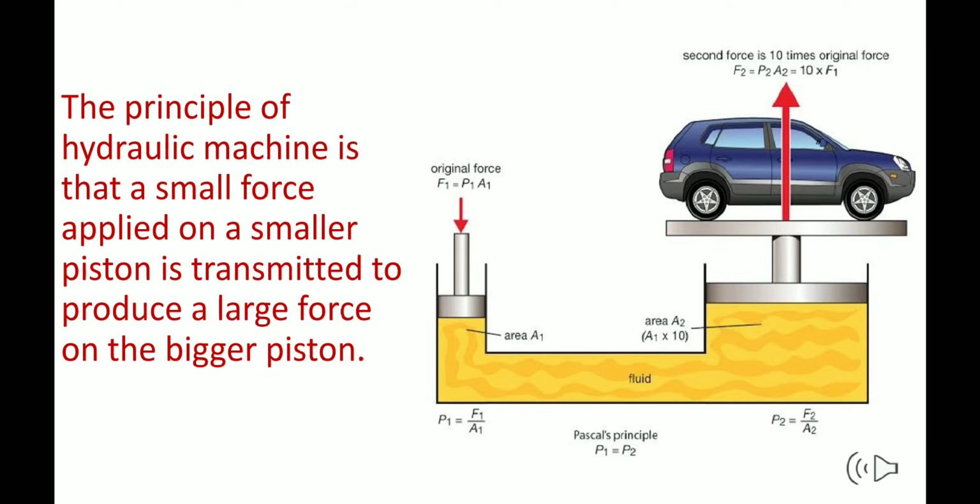Now, where is the direction? It will move only wherever there is an opening. So, pressure is created over there. Now, pressure is transmitted, and where is it going? To the other opening, to the other piston, and this piston is having a bigger area. Now, this bigger area has a bigger piston on which a motor car has been kept.